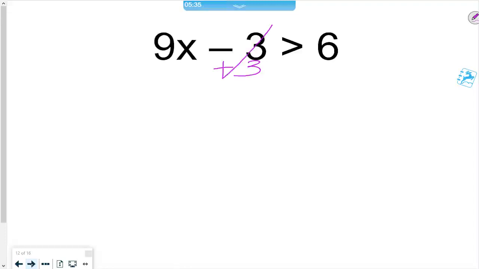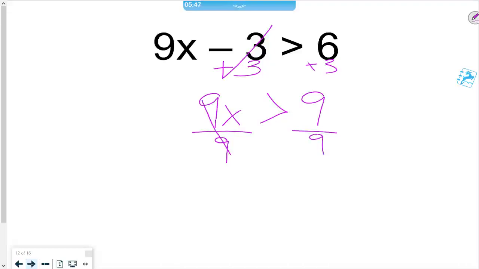That cancels out. So I have 9x is greater than... 6 plus 3 is 9. Well, I need to divide by 9, and divide by 9. That cancels out and gives me x. X is bigger than 1. So any x you make in this problem would have to be greater than 1. So it could be 2, it could be 4, it could be 8, it could be 12, it could be